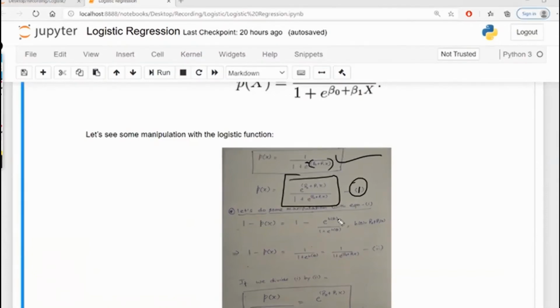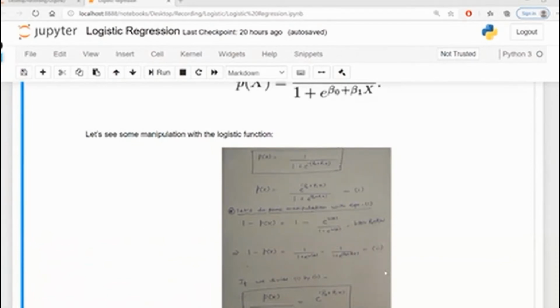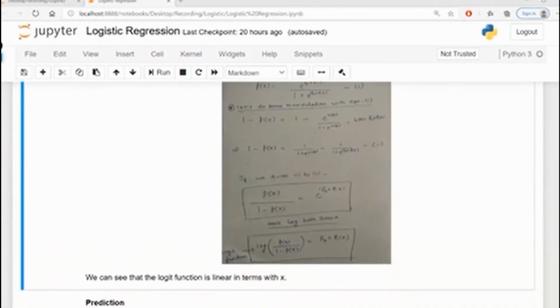right? If I do some kind of manipulation of that, I will be able to write this function, and I can try to manipulate that function something like this. And finally, the function looks like this. I'm going to call it 2, right? So if we divide 1 by 2, then my function, give me a second, looks something like this over here,